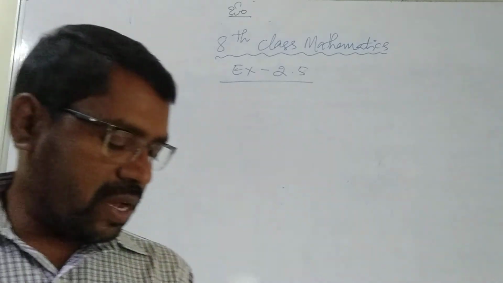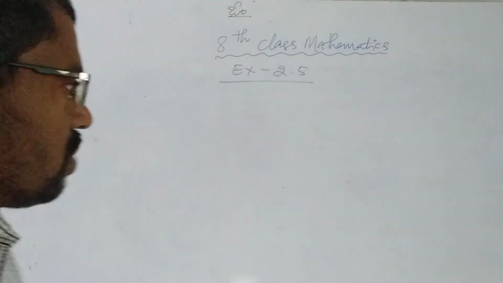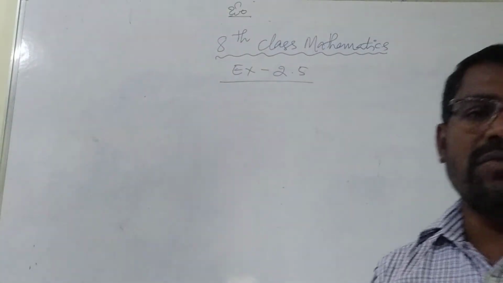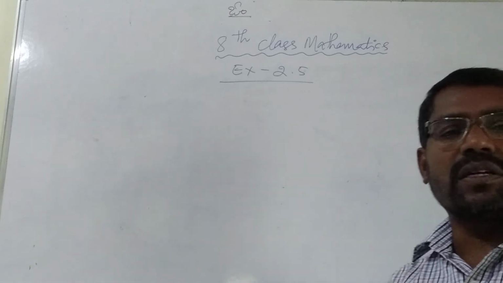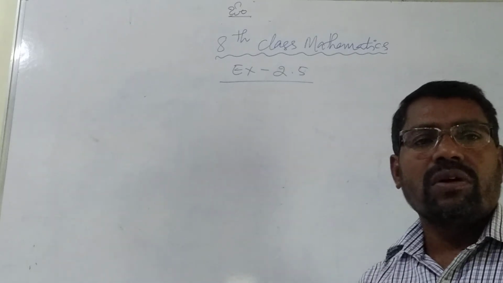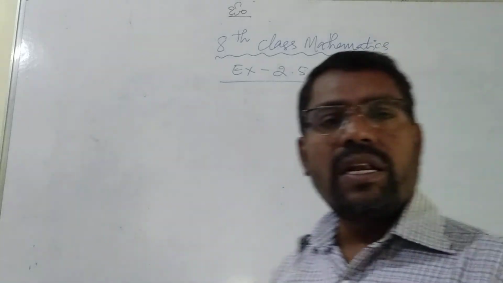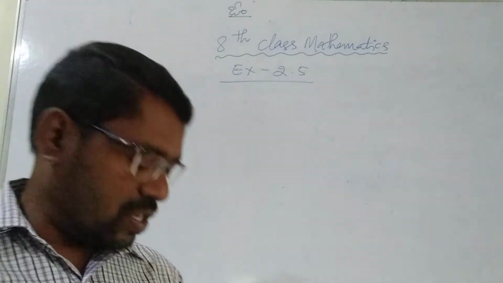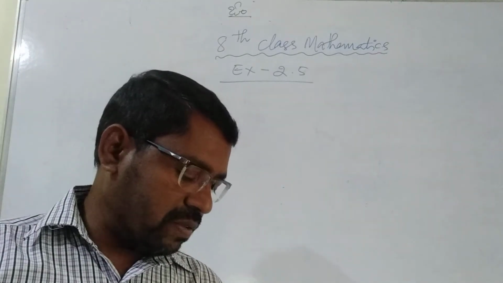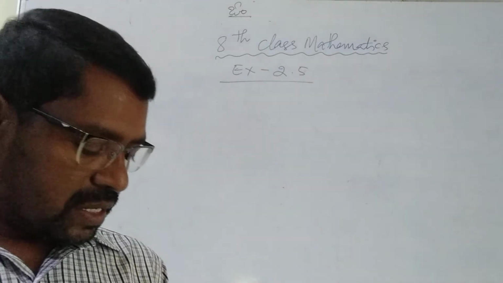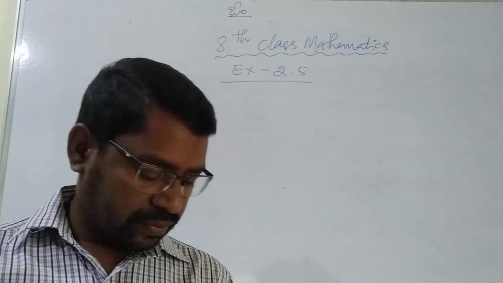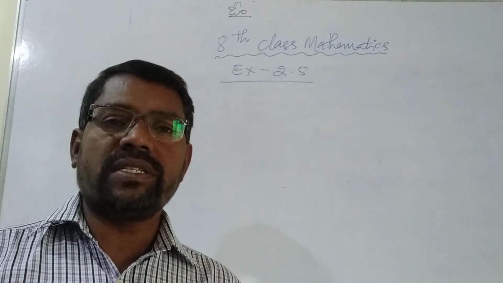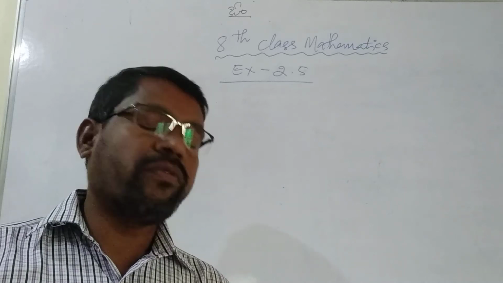That means we are going to take three consecutive integers. What do consecutive numbers mean? Serial numbers like 1, 2, 3, 4, 5. These are consecutive numbers. So we take consecutive integers. Let us suppose the first one is x, the second one is x plus 1, the third one is x plus 2. So the first one divided by 10 is x by 10. The second one is x plus 1 by 17. And the third one is x plus 2 by 26. The sum of all the quotients is 10. So it is a very easy question.